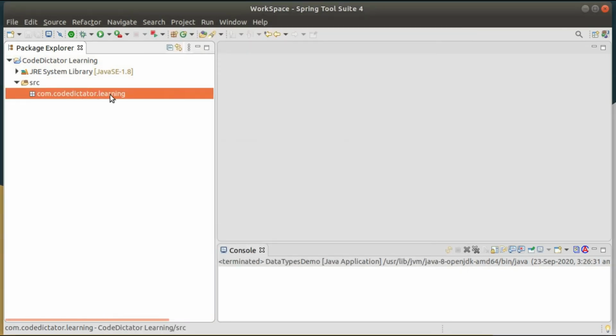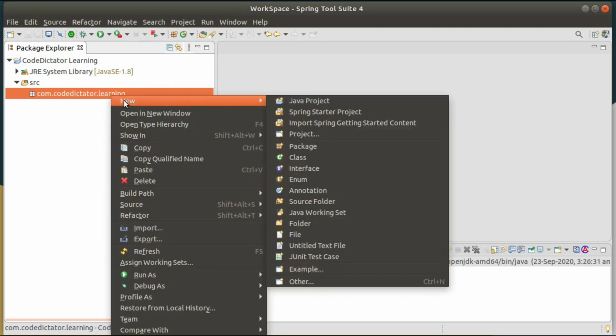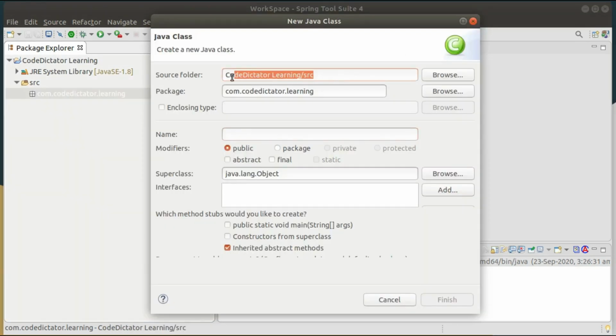Now I want to create a class. Right click on your package, new, and click on the class option. Here you see my project name and the source package. This is my package name, you can change it if you want, and here you can give your class name, that is HelloWorld.